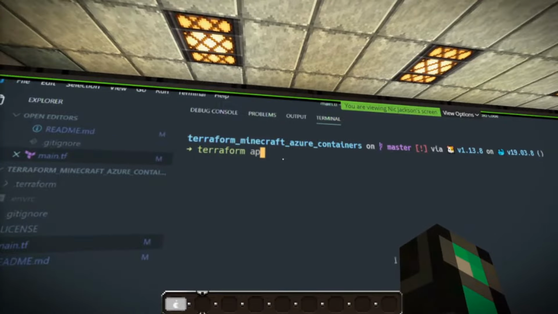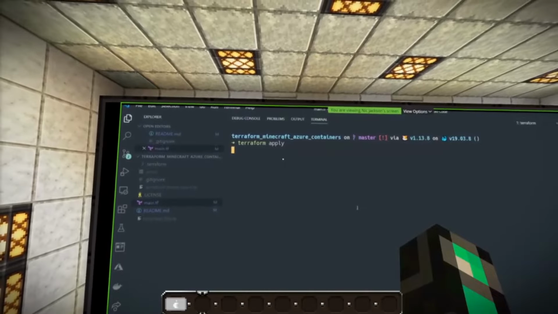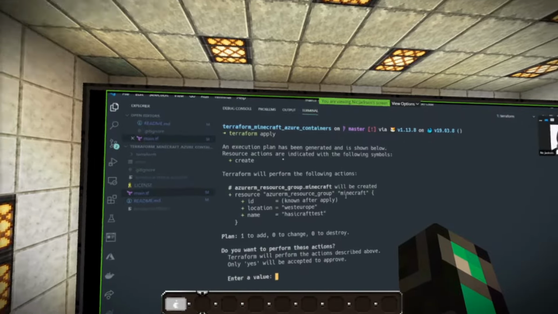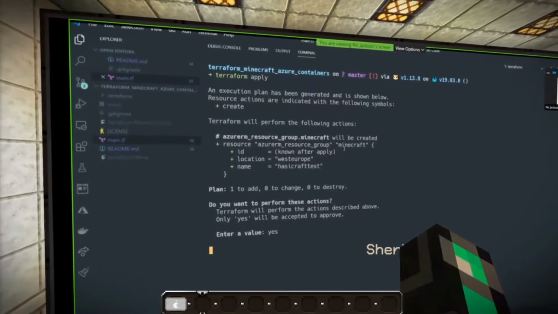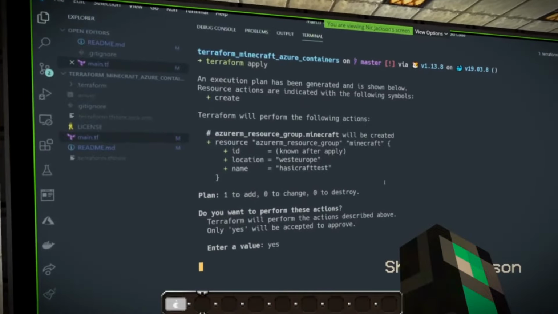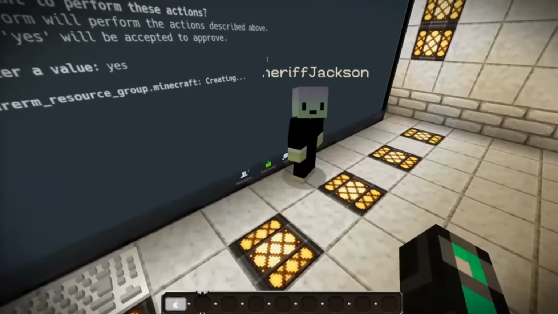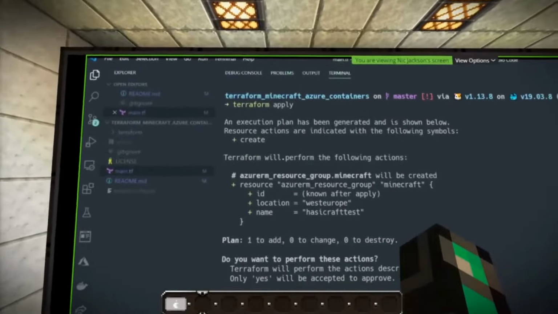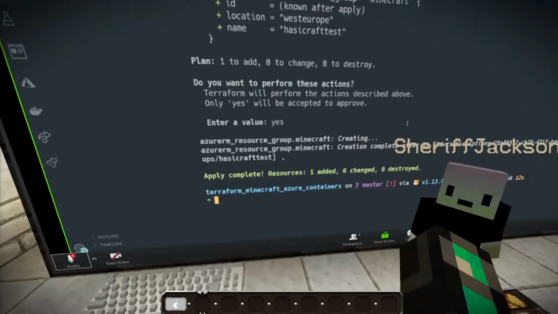Terraform apply. And here we go. So this is now going to quickly run a little check for us. It's going to ask us for some confirmation, and we're hitting yes. So now what happens? Okay, so that was the same output as the plan, right? Yeah. So now what happened there, though,